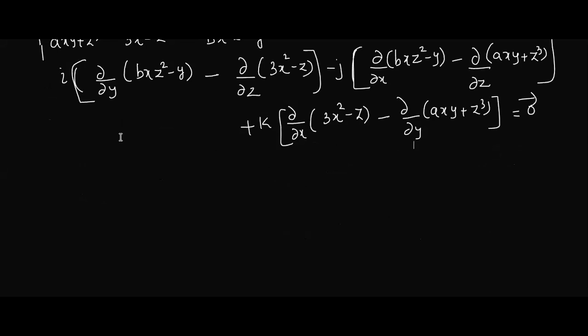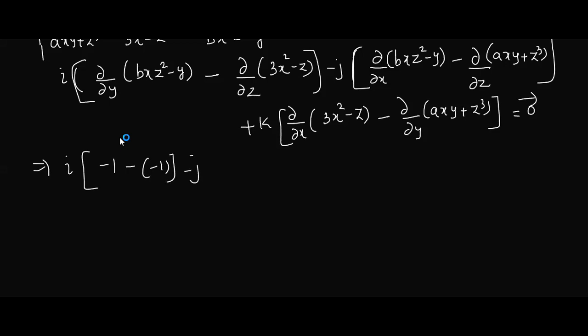It should be continued in a similar way. So i into bracket. What is the derivative of this bracket with respect to y? Here there is no y, so it becomes 0. Minus 1, am I correct? Yes, ma'am. Similarly, derivative of this bracket with respect to z. There is no z in the first term, 0. Minus 1.